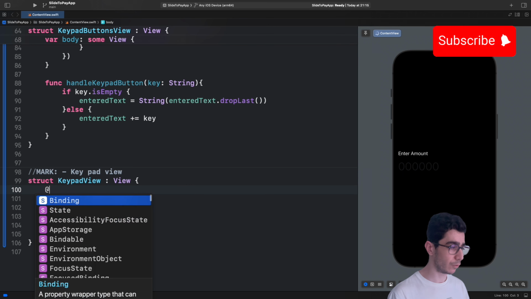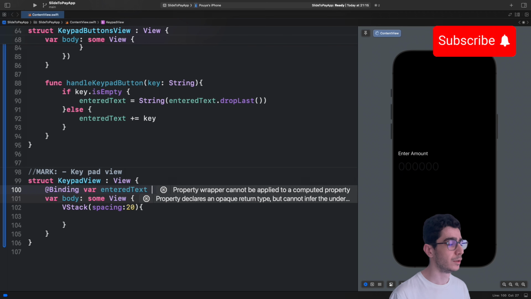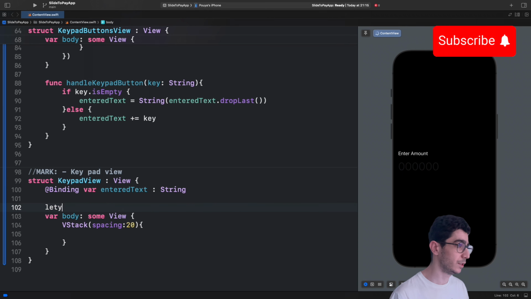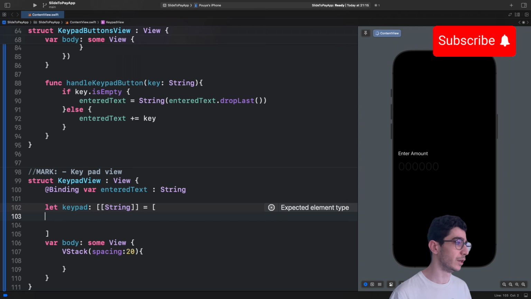So one is a binding variable enterText of type string, and then we have a let keypad, and this is a 2D array. This is a string type, so this is an array of arrays of